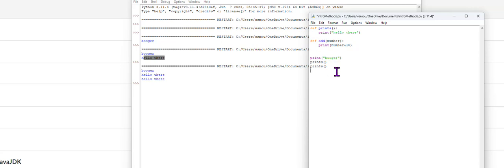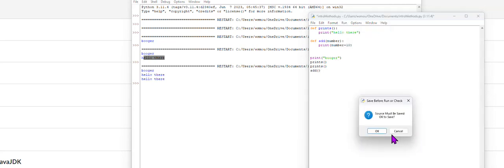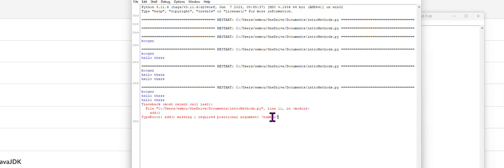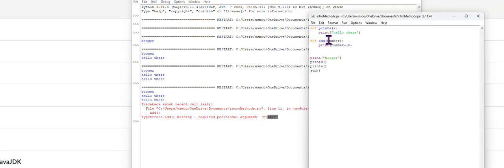Now in this case, I say add, and I have to give it something. If I don't give it anything, you'll get an error. It is waiting for an argument, number. The things that you pass it are usually called arguments. So I have to give it something. In this case, I'll give it